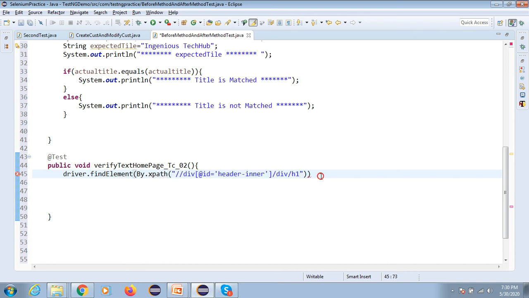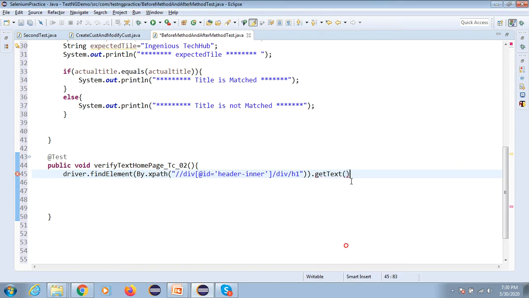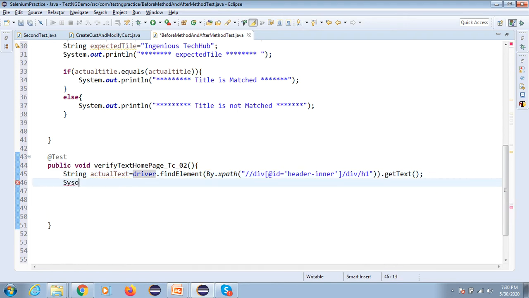Okay, now get text. So I'm going to capture, right? How to capture? By using get text. Actual text. I'm going to print one message here to get this, actual text.